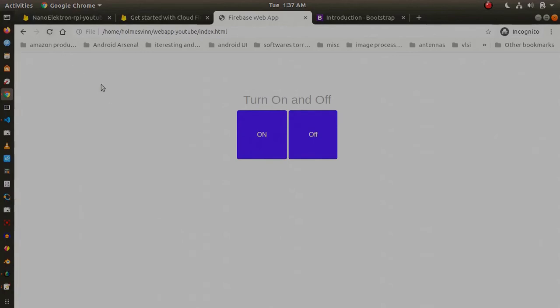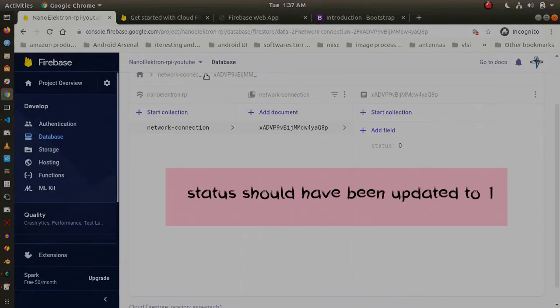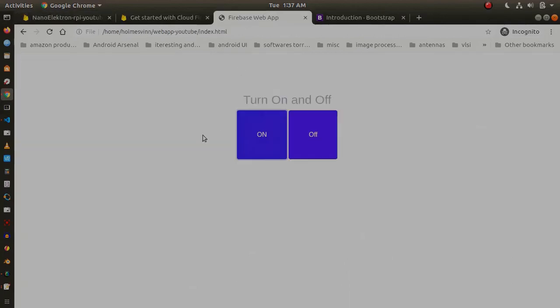So I think we are almost done with our coding part. Let us now simply click these buttons and check whether our property is getting updated in Firebase Cloud Firestore. Okay, so this status field is not getting updated as expected.